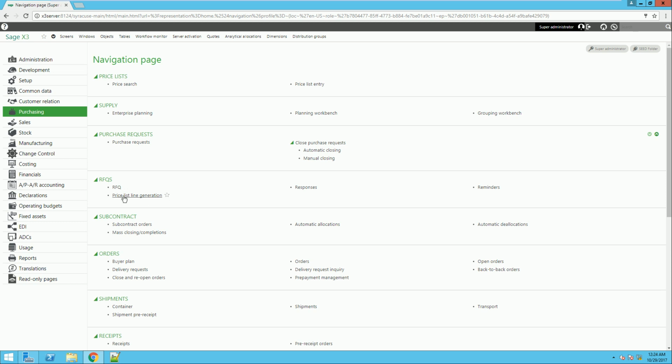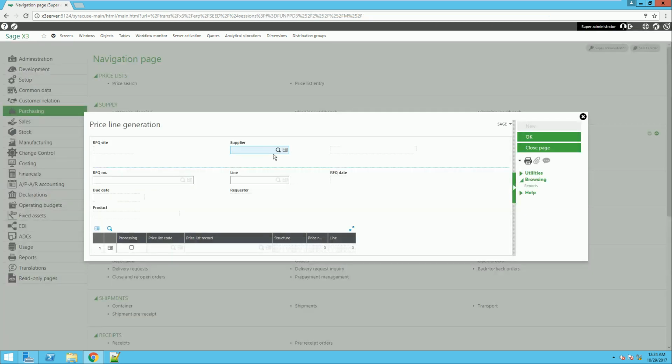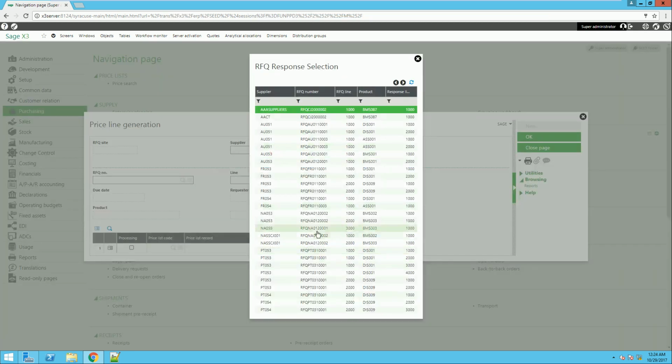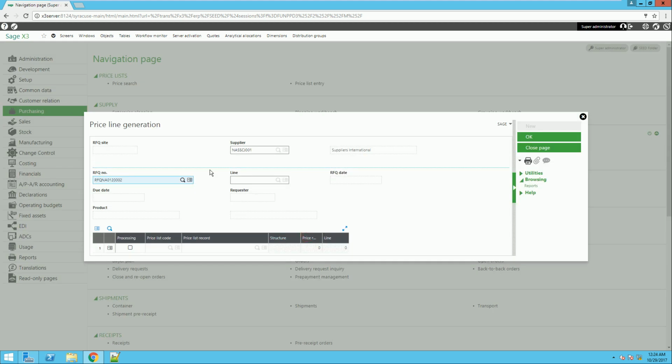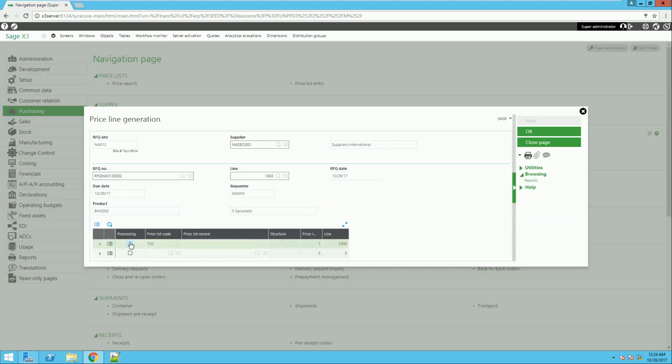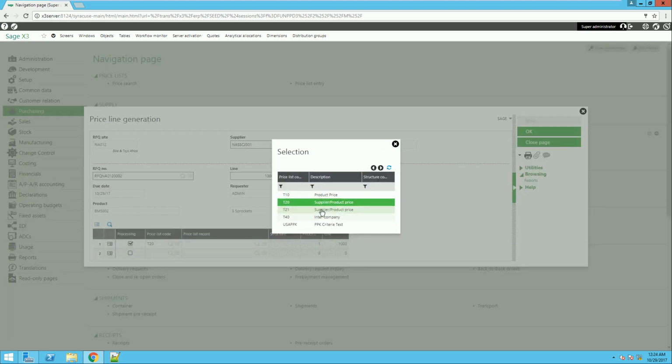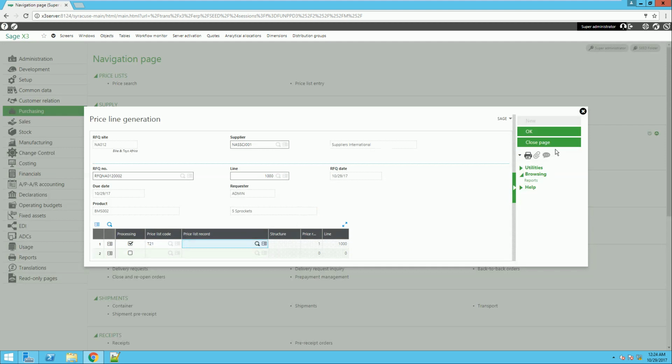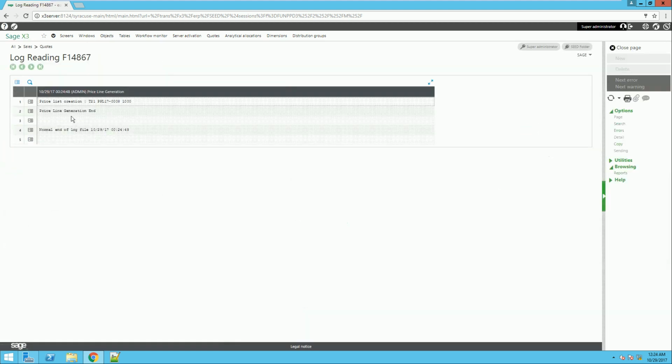So to do that, I will just come to price list generation, select the supplier, which is that one there, select my first line item, that one, and then here I'll select my price list code. So I've defined that particular one, and then I'll do an OK here,